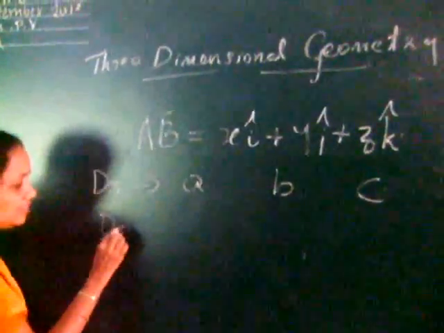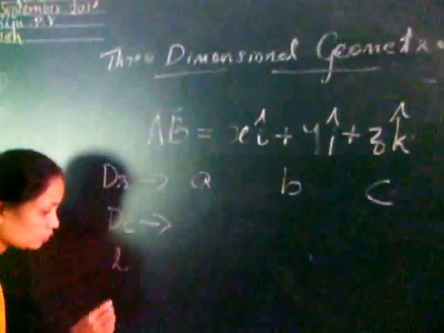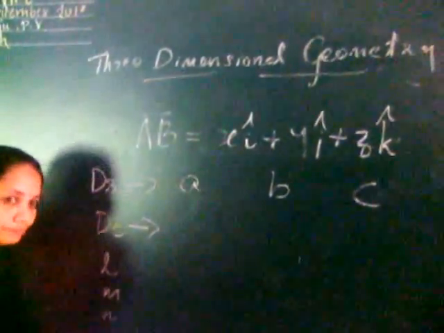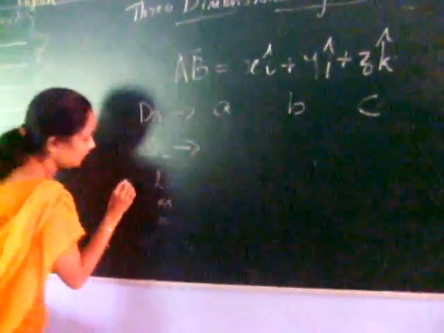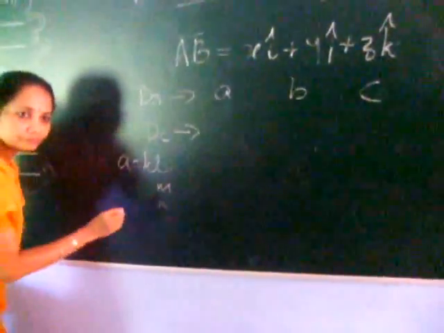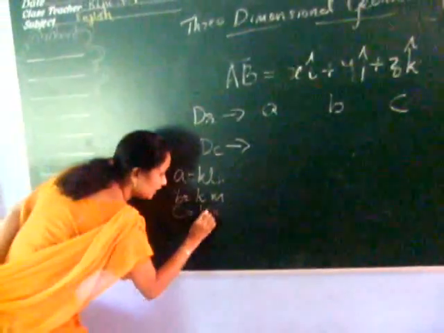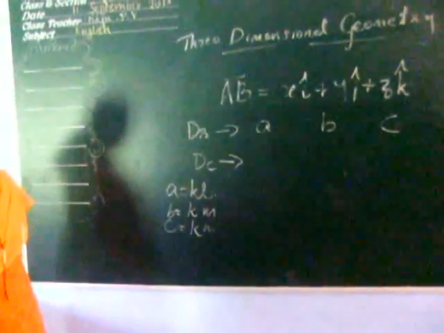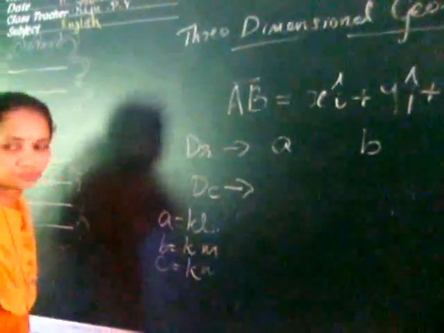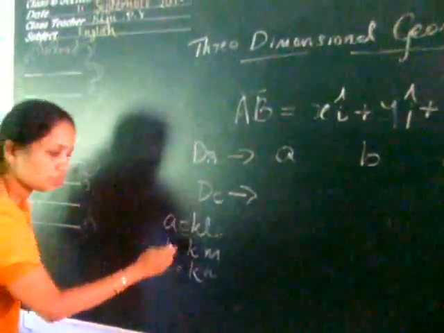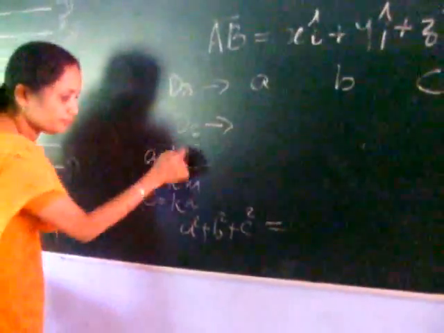To get the corresponding direction cosines, let the direction cosines be L, M, N. Then A equals KL, B equals KM, C equals KN. Now consider the three equations and add the squares of these three. The sum of the squares of the LHS is A squared plus B squared plus C squared,